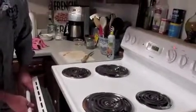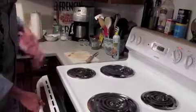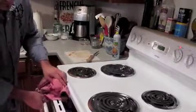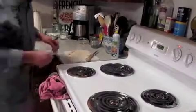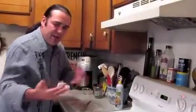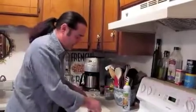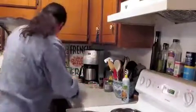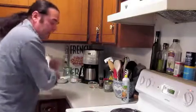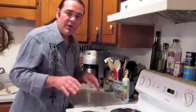Keep your door just ajar, just a smidgen, with a nice wet rag. Let me get that there. Just ajar, just enough to let some of that vapor out. You don't want to get it too moist in there. You want to kind of char it up. Then we're going to clean up this mess right here, and while these are charring and getting ready and our